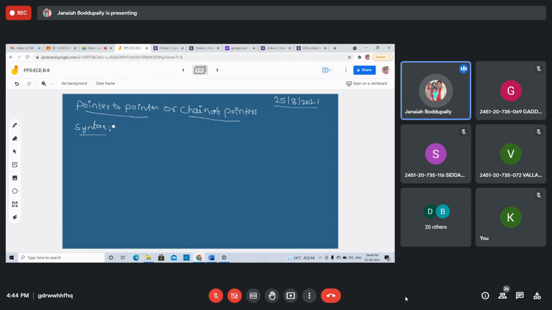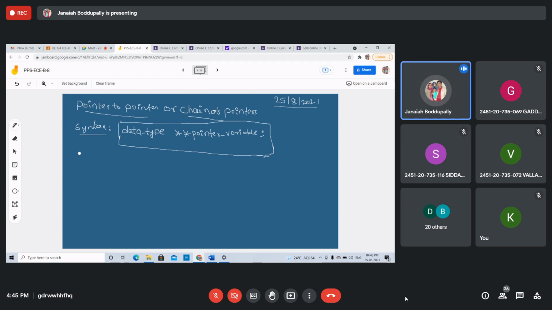The syntax is: data type, star, pointer variable. This is the syntax of a pointer variable, right?